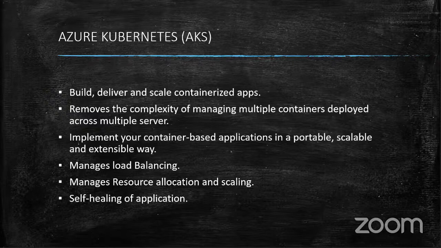It manages the load, because whenever we create AKS as a service in Azure, it creates a virtual machine. Whatever properties are applicable to my VM, load balancing, failure recovery, all these features will be applicable to my AKS also. When we are creating a service, we will get the knowledge about this. It is also used to manage resource allocation and scaling, and this concept is quite similar to our VM concept. In a VM we have the virtual network, load balancer, and other things to process and split server requests, so it makes your application scale. All these concepts are applicable to Azure Kubernetes also.